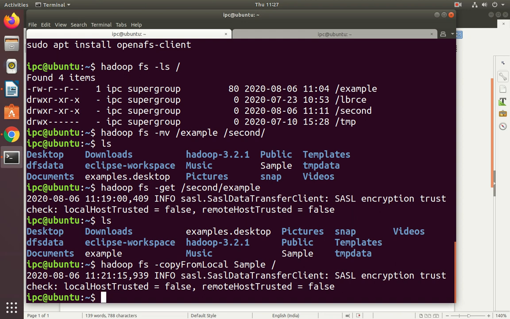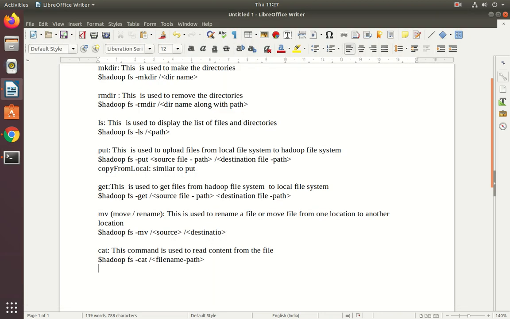See, the cat command is also used to create a file, append to a file, and read the content. Generally, in Linux, the cat command is used to create a new file, append to an existing file, and read the file.